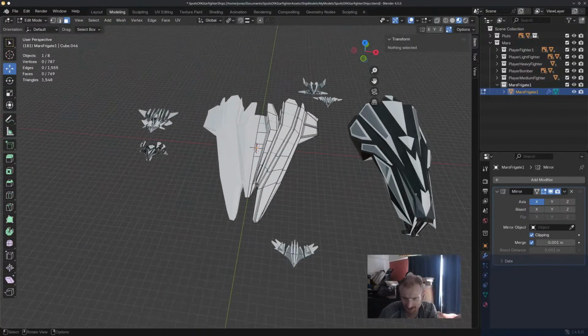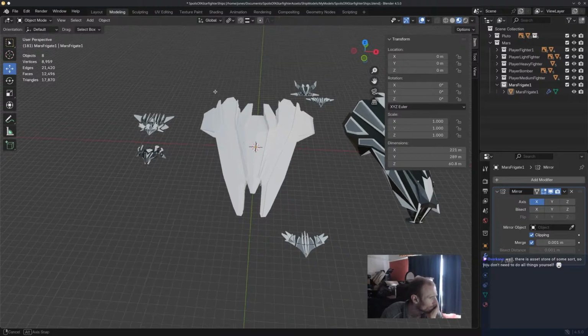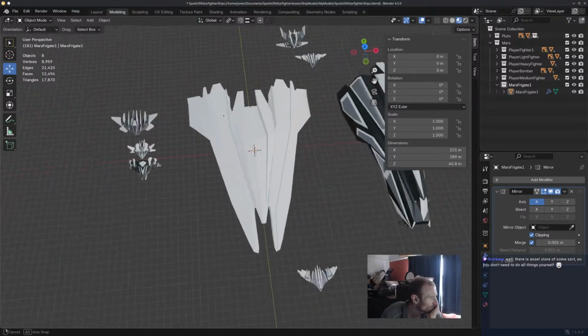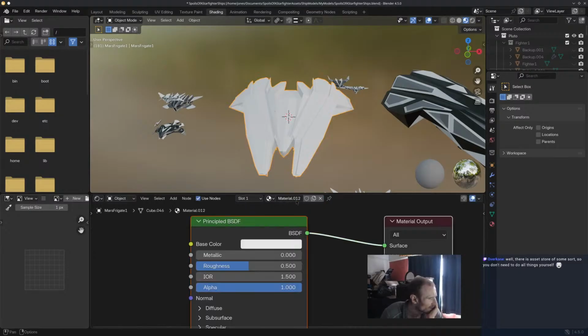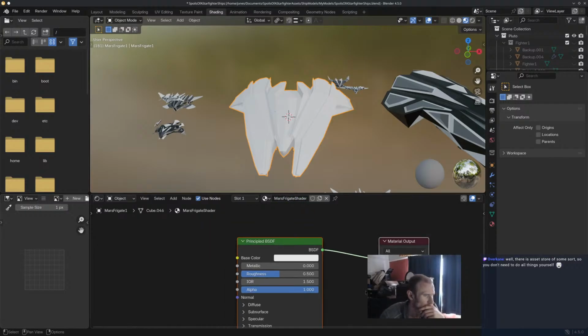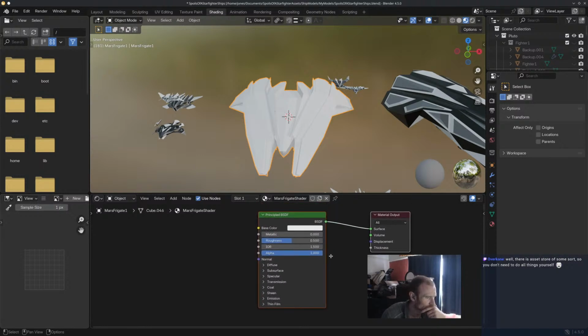What I'll do now is I'll paint it. So, to paint my ship, how does one paint your ship? Can I remember how to paint a ship? I believe I have to go to shader. I believe I have to add a new shader. My Mars frigate shader. And then what I do is,